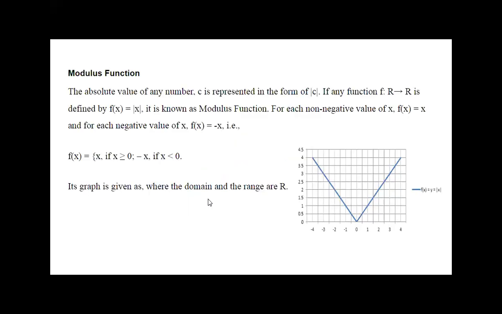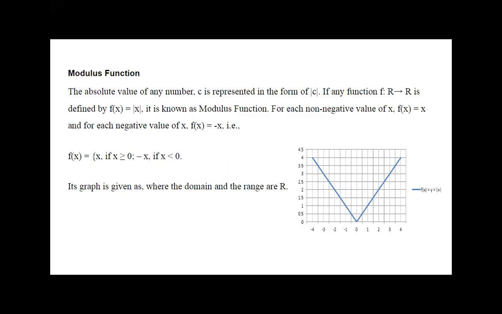Here it is, the graph of this polynomial function. Then the modulus function is there. What is the modulus function? The absolute value of any number c is represented in the form of mod c. Okay, a function taken, we can see in the graph, is f of x equal to x